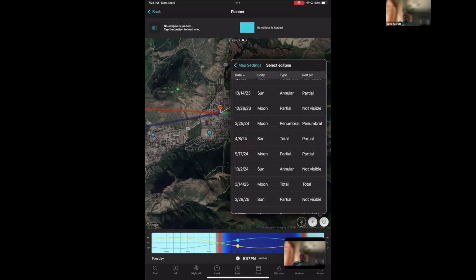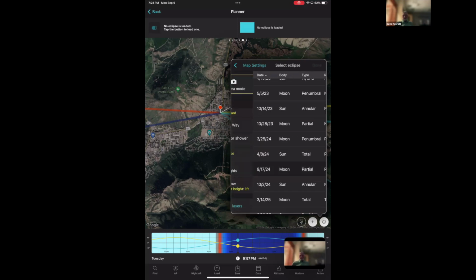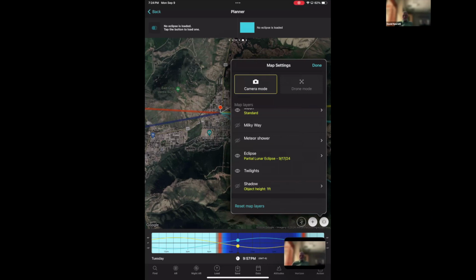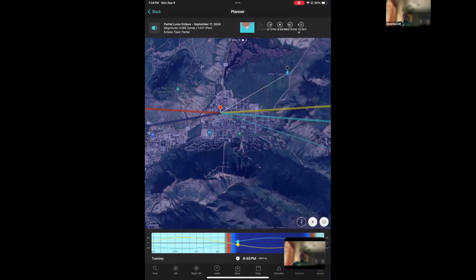but look, on 9/17, we have a partial eclipse. And so I just touched that and now have that activated for my planning. And you notice that as soon as I hit done, then things changed up on top. We now have a partial lunar eclipse showing on the 17th of this month, and it gives you the brightness, the magnitude of it, and the like. It's a partial,